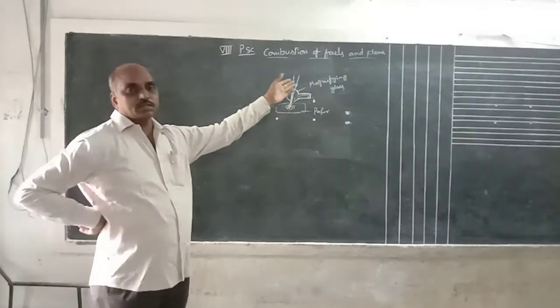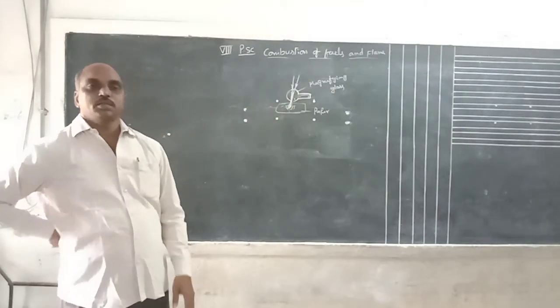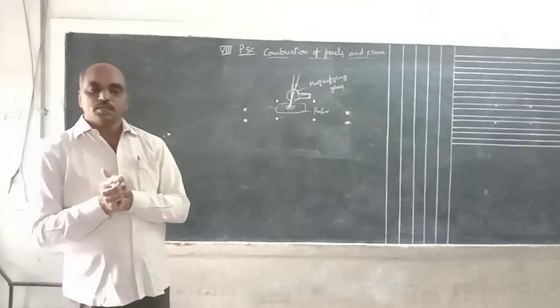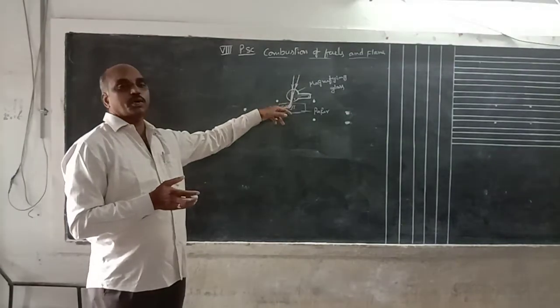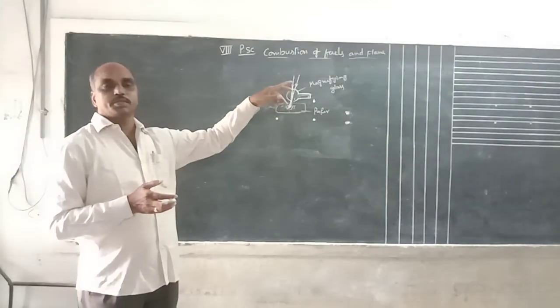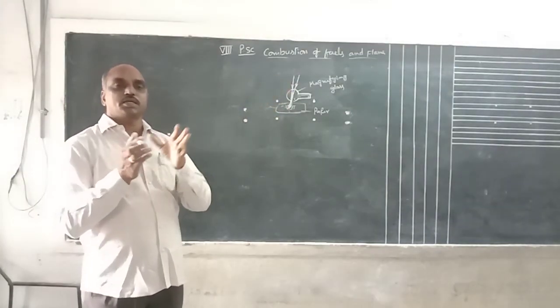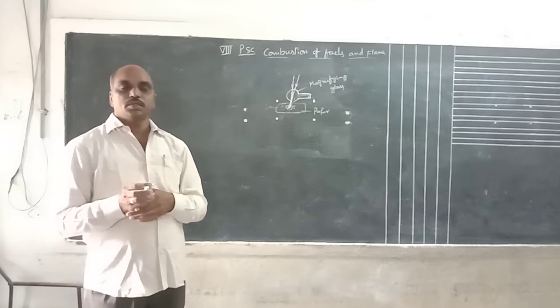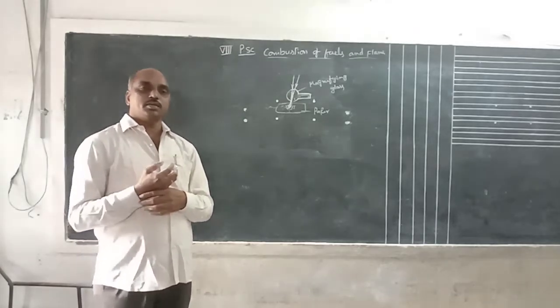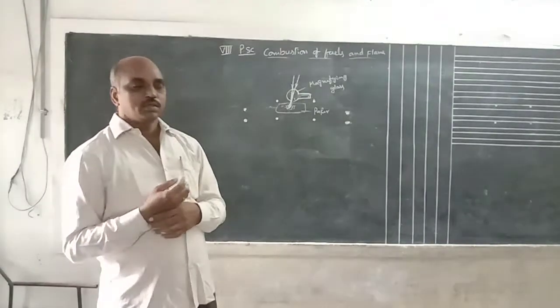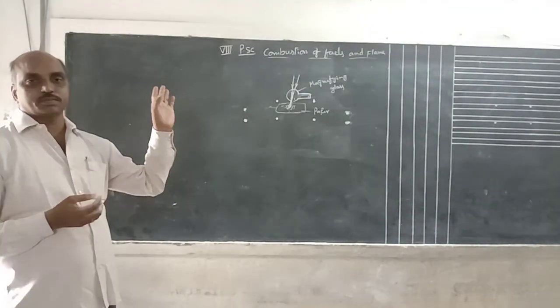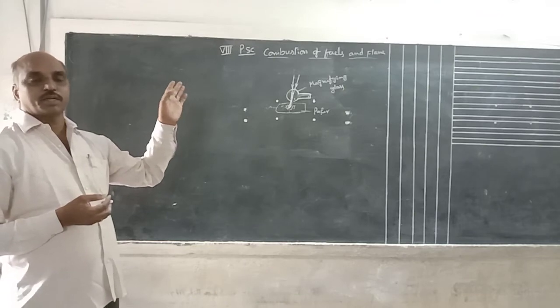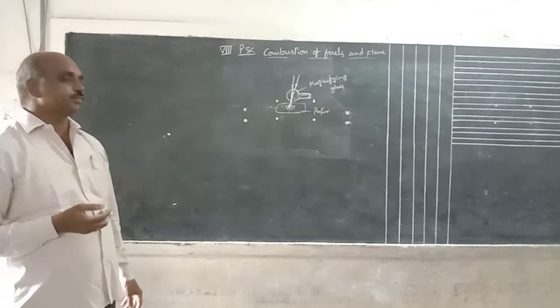Here the sun rays pass through this magnifying glass, and the entire image is concentrated. The image of the sun is concentrated at a small part of this paper. That means more energy is concentrated in a small place, and that starts burning the paper. So this paper burns after some time because of the ignition temperature. This experiment can be done only in the presence of sunlight.